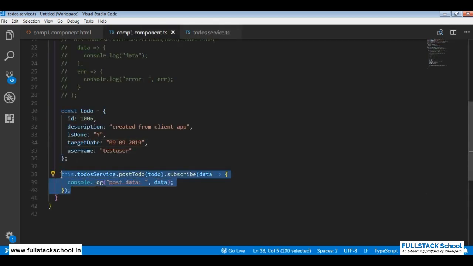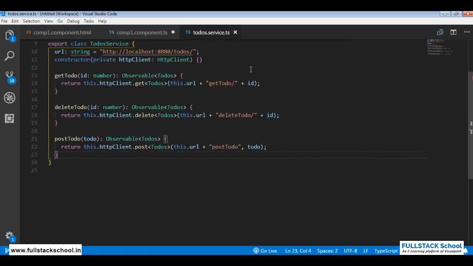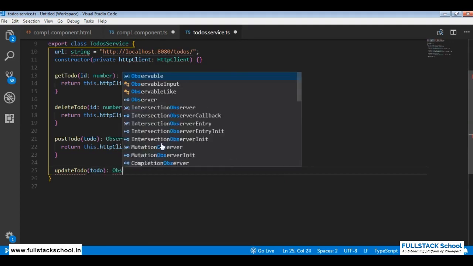I'll comment this out, and then I'll say this dot to do service dot, and we do not have any method related to update, so I create one, update to do, and I need the updated to do, and of course I'll pass an observable